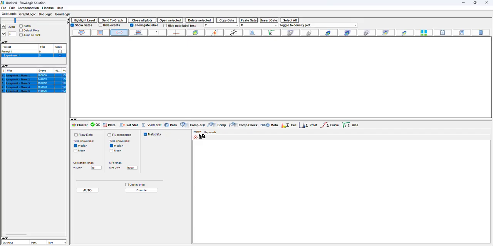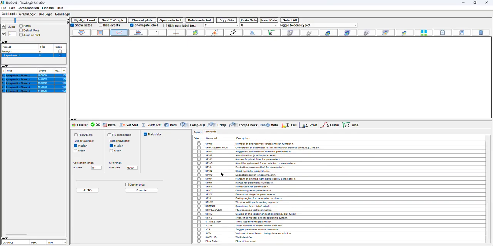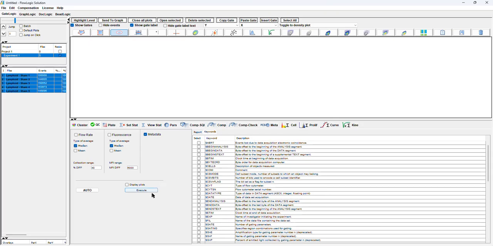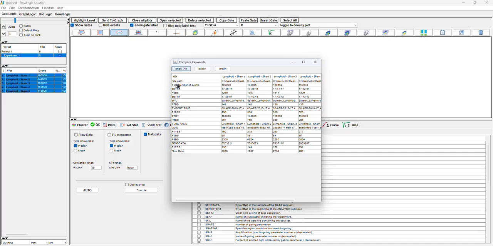So we check the metadata. We have the set of the most common keywords, and you can select the keyword that you want to check, or you can just tick metadata, execute, and it's giving all the list of the keywords with the difference. So here obviously the file path is different, there is no doubt about that. Flow rate is different,